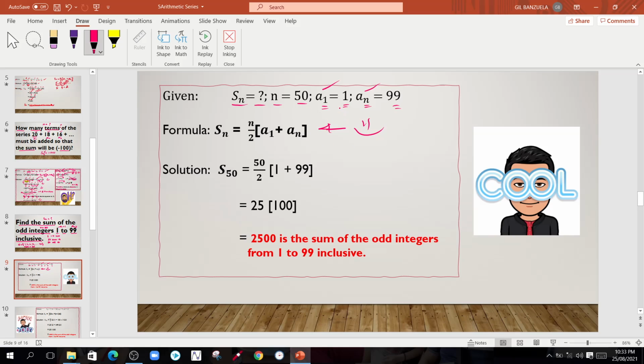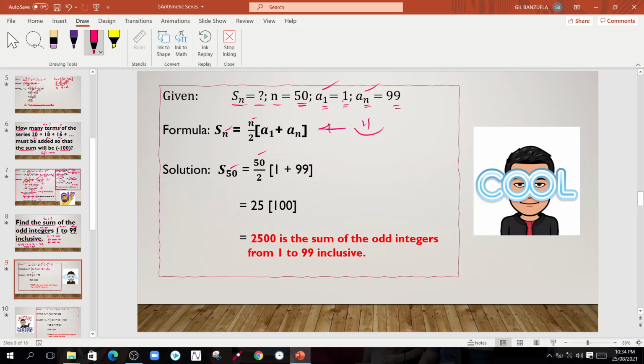So, every time na given guys yung first term at saka last term, ayan, pakiusap, ito na yung gamitin natin, no? Para mas madali. Okay? So, yung sum ng series nawawala, no? So, nawawala yung sum ng series, pero alam natin yung n is equal to 50. So, palitan natin lahat ng n ng 50. Okay? Ayan. So, therefore, we have S sub 50 or sum ng 50 terms is equal to yung half ng